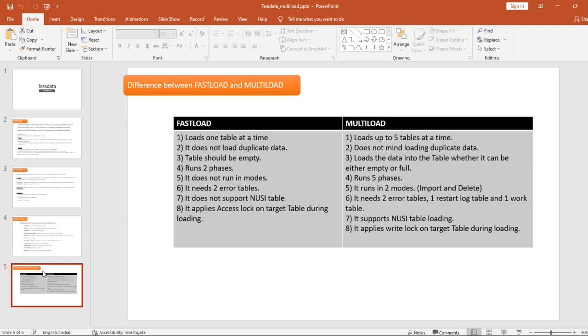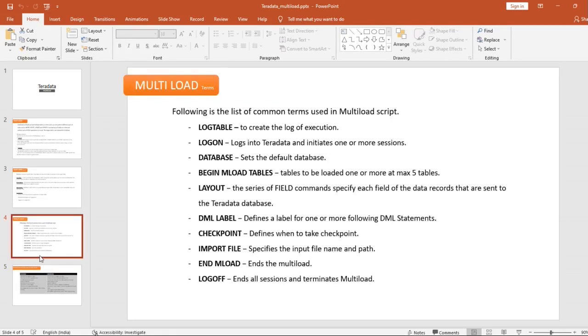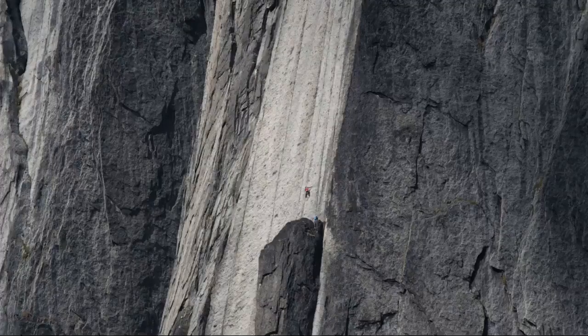So now we will move forward and see the demo. In the demo, I will show you all the terms and commands we have discussed here, and I'll show all these things in action. Let's move on to the demo. I have created sample scripts for the MultiLoad demo.